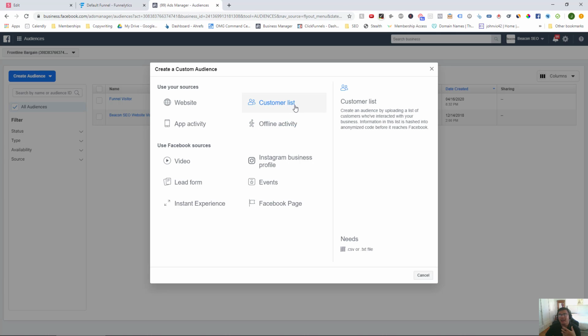So for example, if you have a recurring business, right? Let's say house cleaning, right? So usually people get their house cleaned once a week, maybe twice a month or something like that. Well, if you have a list of previous customers, you can continuously market to them in Facebook so that you and your service and your business are always top of mind, right? And that's really the name of the game here, is staying top of mind. So how we do that is if we click the customer list,